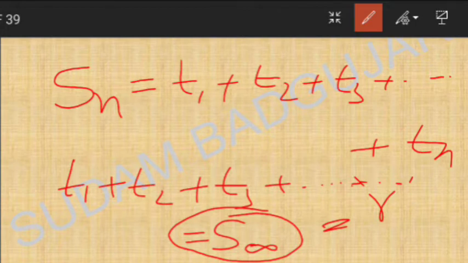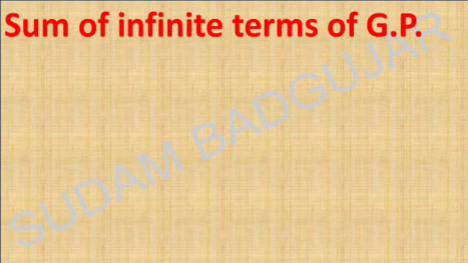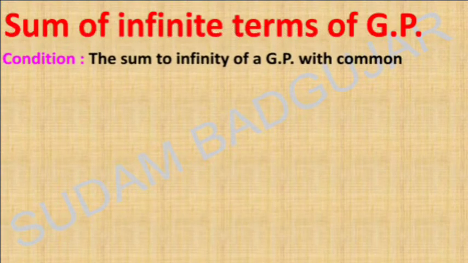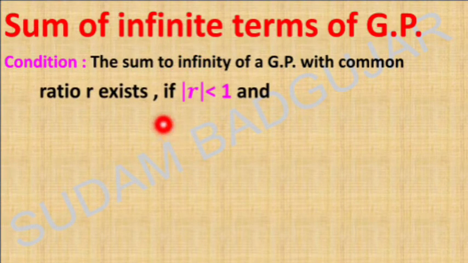Okay, let's start with the condition for finding the sum of infinite terms of GP. You must remember this condition. The condition is that the sum to infinity of GP with common ratio R exists